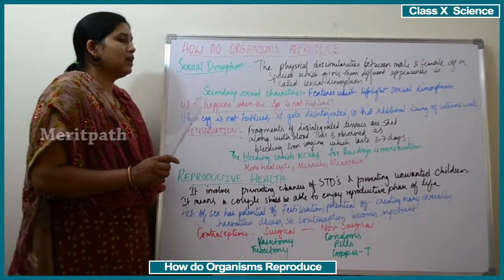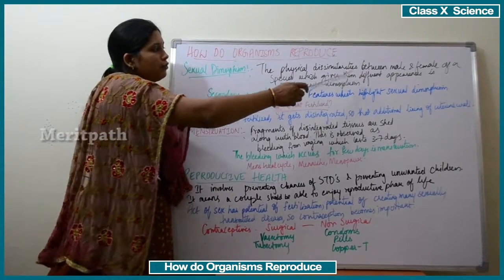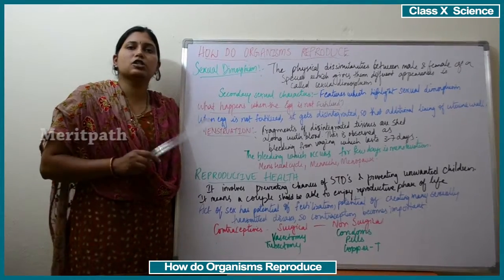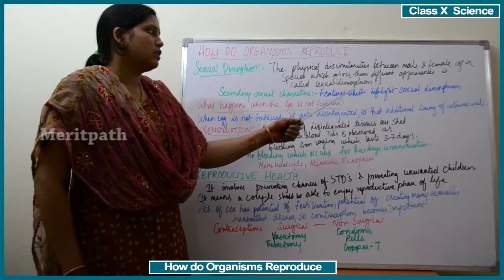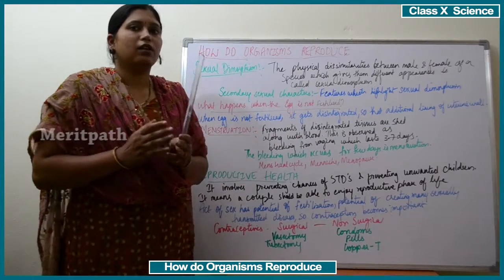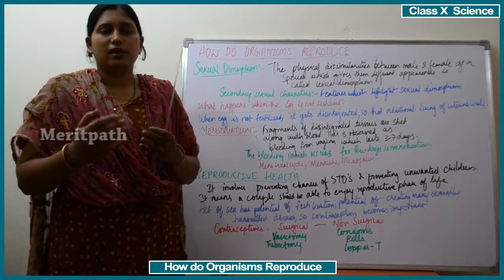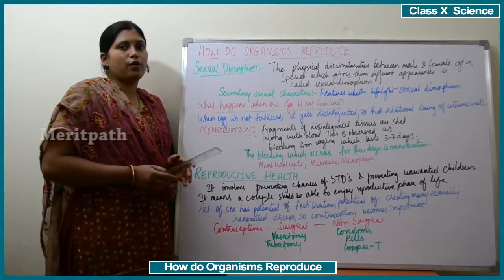Dissimilarities between a male and female of a species give them a different appearance. That means the characters which define the difference between a male and a female. Those characters are known as sexual dimorphism, the different appearance of male and female. What distinguishes these is nothing but sexual dimorphism.